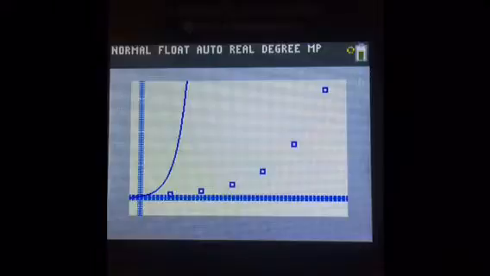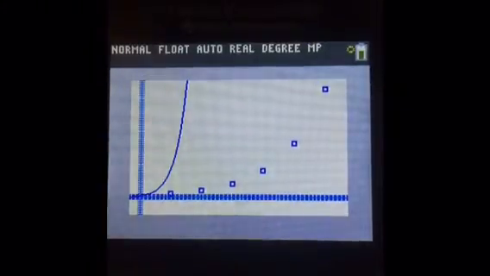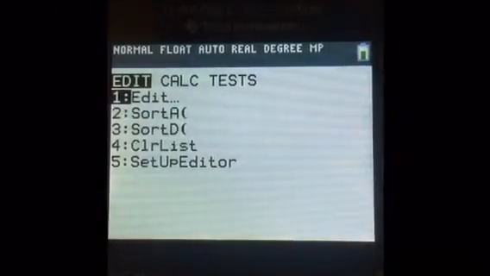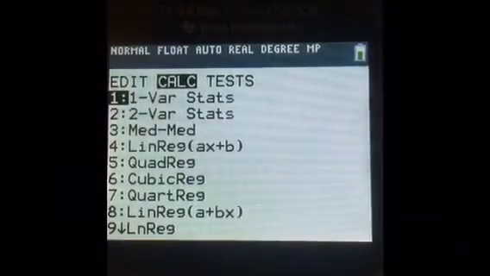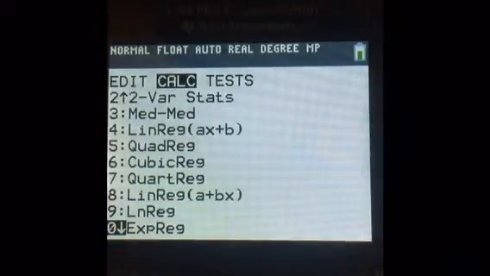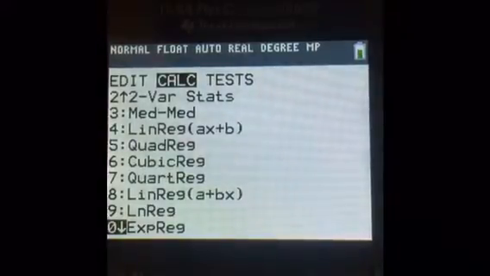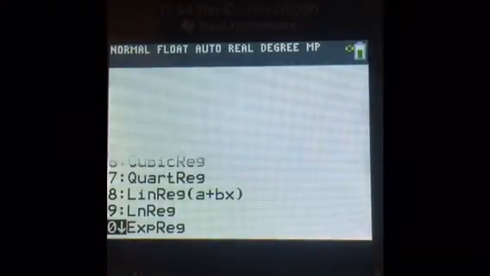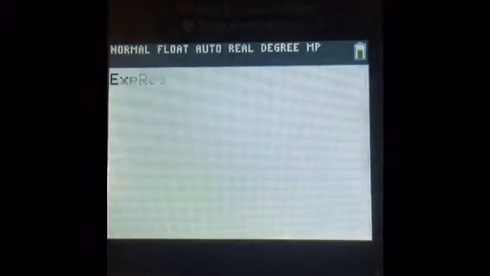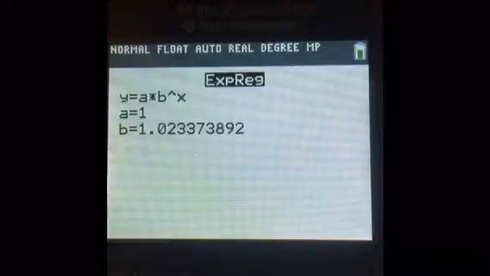It's close. So now we're going to go back to stat, and we're going to go to calc. And since we know that it is an exponential line, we're going to go down to ExpReg to find its line of best fit. Go down to calculate. Now we have a equals 1 and b equals